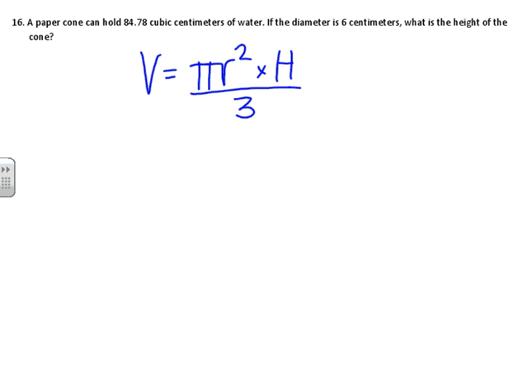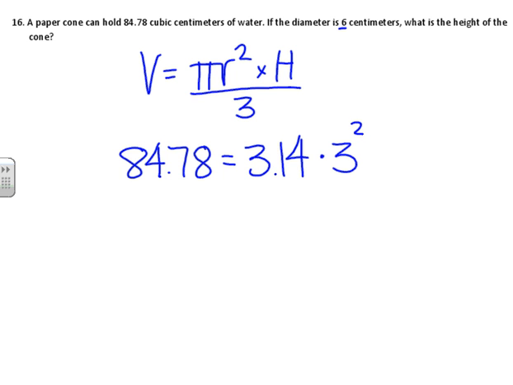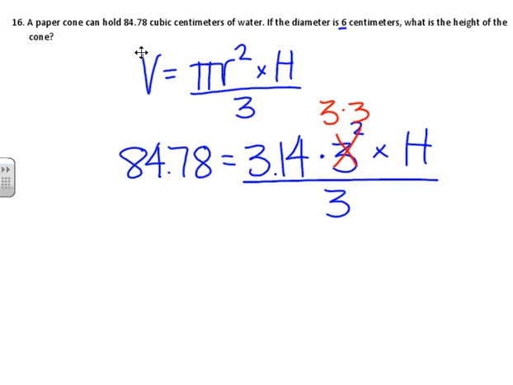Okay, substitute in what you know. So 84.78 equals 3.14 times, if the diameter is 6, the radius is 3 squared, times height, all divided by 3. All right, so remember, 3 squared means 3 times 3. So if I replace that with 3 by 3, then I can also simplify those. Okay, so if that part doesn't make sense, you don't have to do it, but it does make our calculations